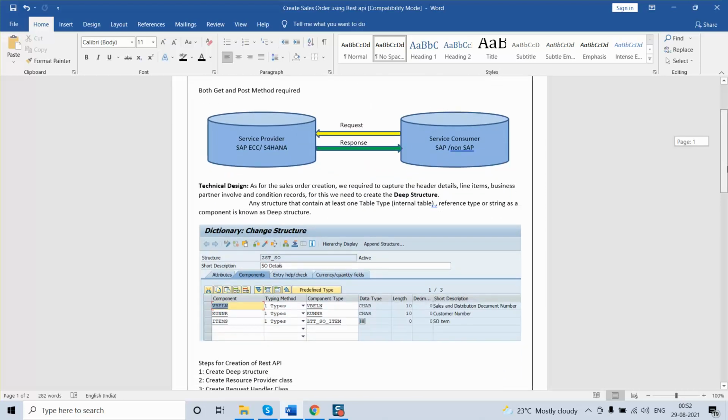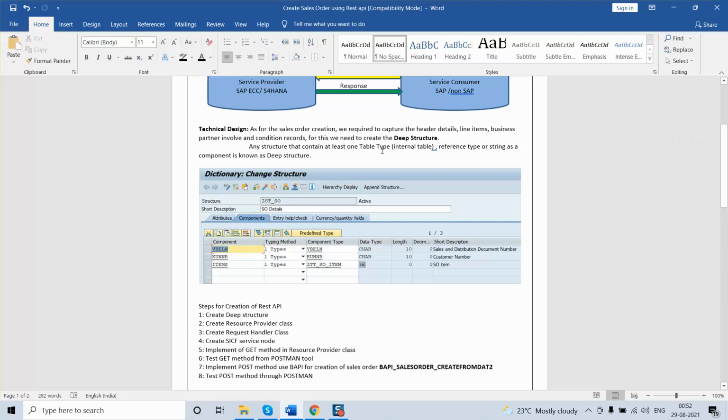As a technical design concept, the very first step is we have to design a deep structure. A deep structure is a structure which contains at least one internal table, that is a table type, along with some other fields. If we have some structure in SE11 or a local structure which contains some fields along with the table type or internal table, then that structure is called a deep structure.